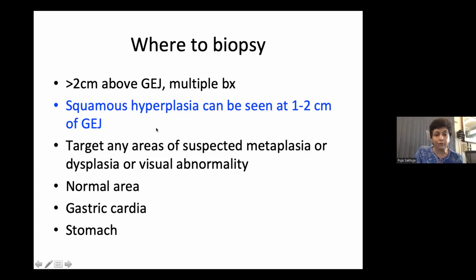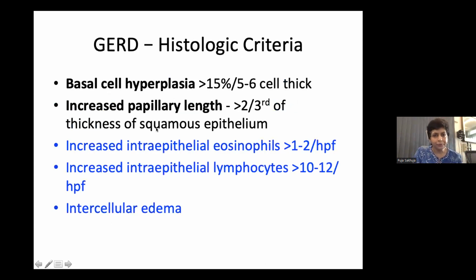These should all be in different bottles and labeled separately. Histological criteria for GERD. 1, basal cell hyperplasia. I told you normal is up to 15%, so it should be more than that, or 5 to 6 cell layers thick. Second, more than 2/3 of the thickness of the squamous epithelium is where these papillary projections of the